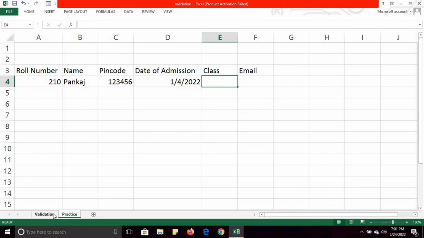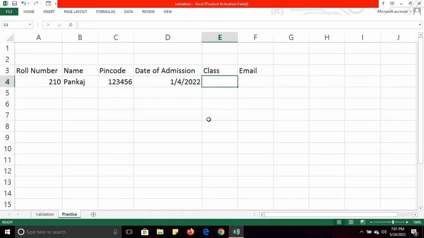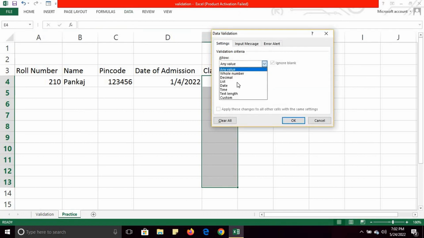Next type of validation is this one, drop down. Okay, so how you can do this? So click on this, I will go to another sheet, and here I will go to the data, and then data validation, and this time I will allow list and source. So you need to specify the source also. BCA1, you will use comma for the source, and for second value BCA2, similarly BCA3, any type of source you want,